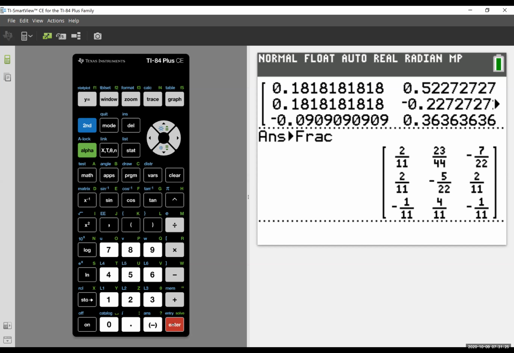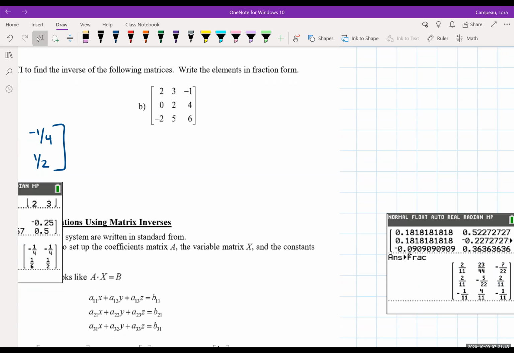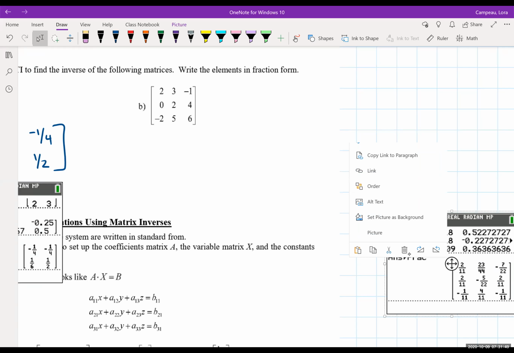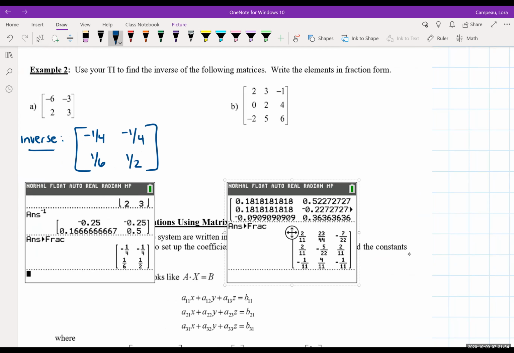So that's super nice, super pretty. So let's copy that over just so that we can see that. And we'll write down our final answer for that. So in our case, at least in this class, it's really nice that the TI can be utilized for this. I'm going to move it a little closer so I can see it. And all we have to do is write the answer. So the inverse is equal to